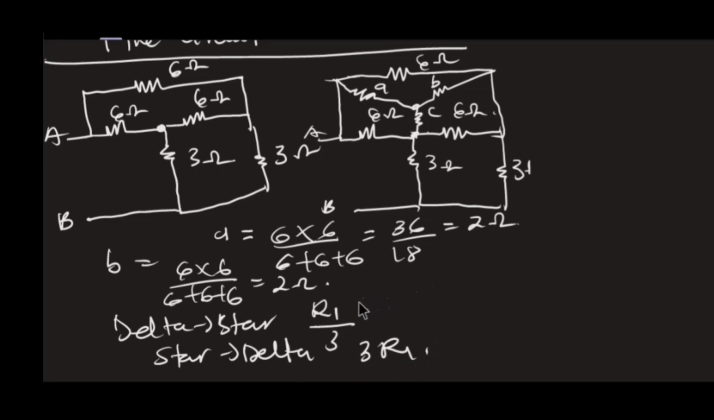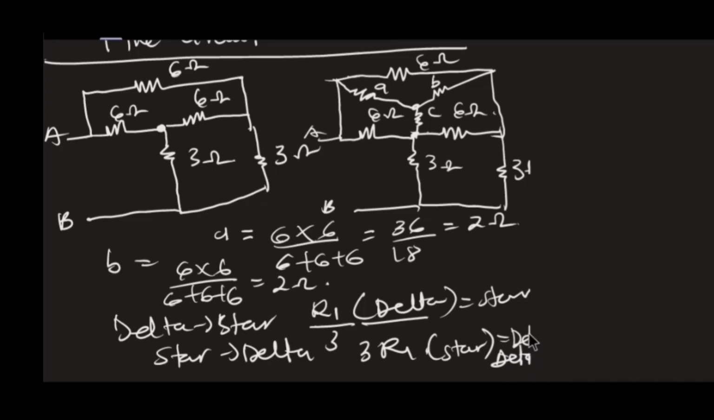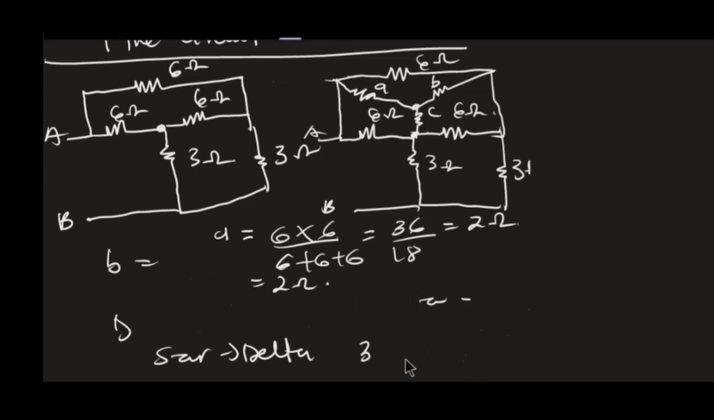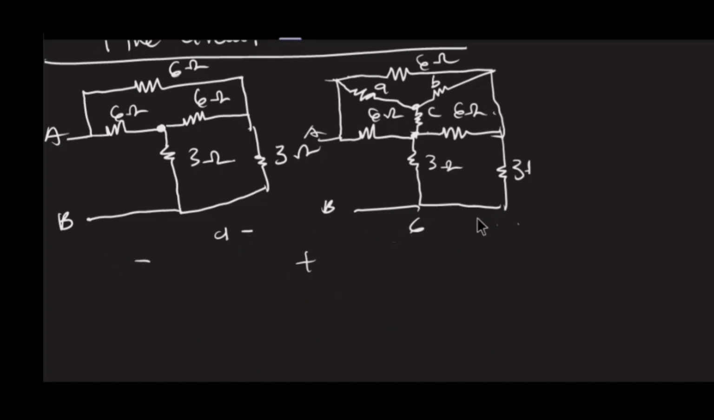So R1, that is the resistor in delta, over 3 will give us the resistor in star. Then 3 times the resistor in star will give us delta. So now this is our first step, and we had the values for A, B, and C to be what? 2. So let me clean this side. Now, since we know that all the values are 2, we are going to redraw again, and this time we are going to have